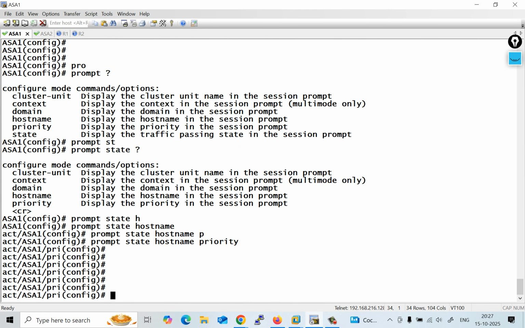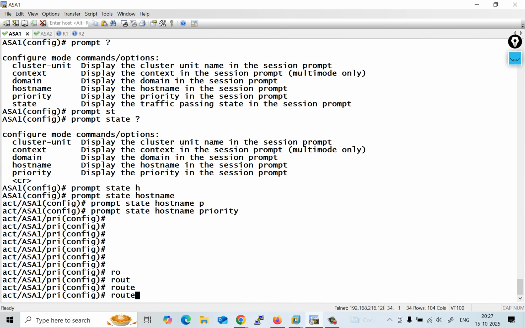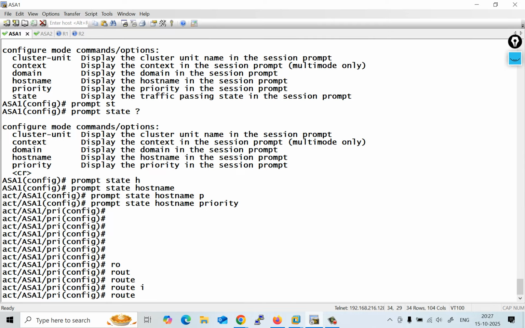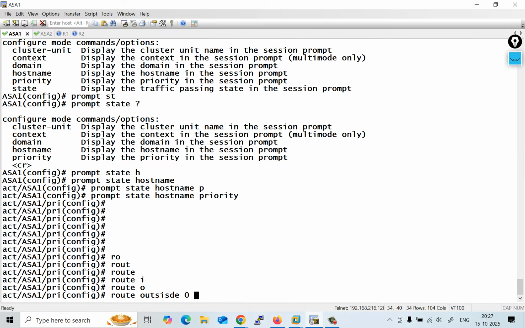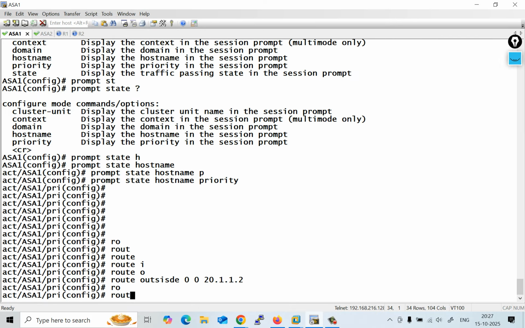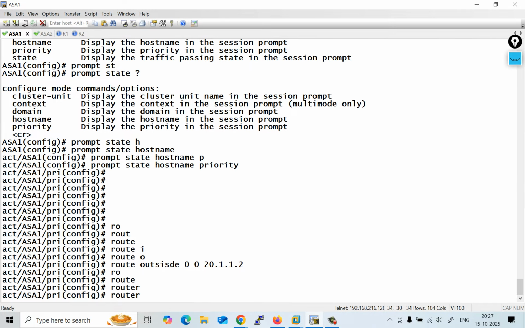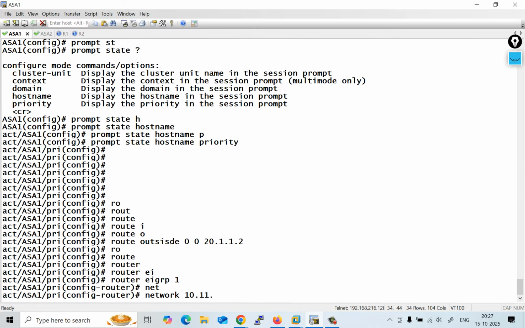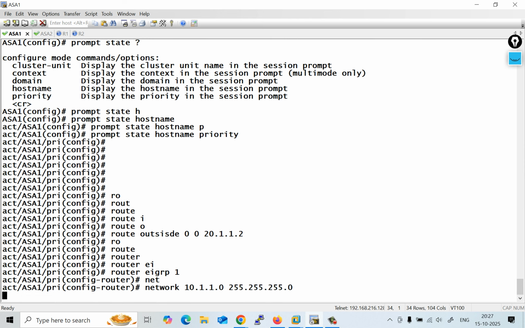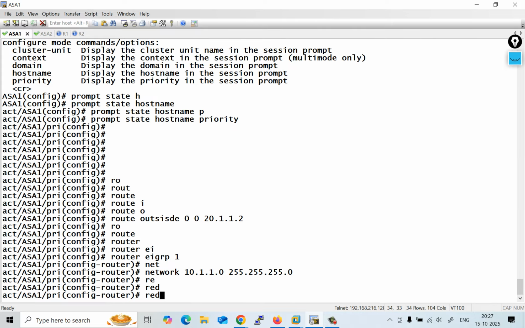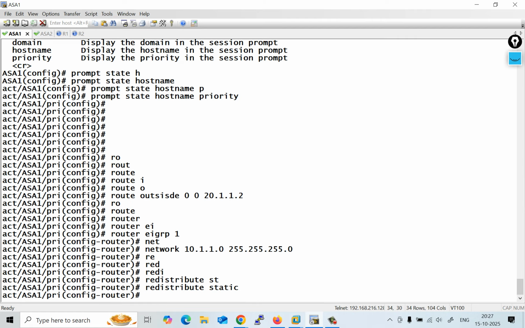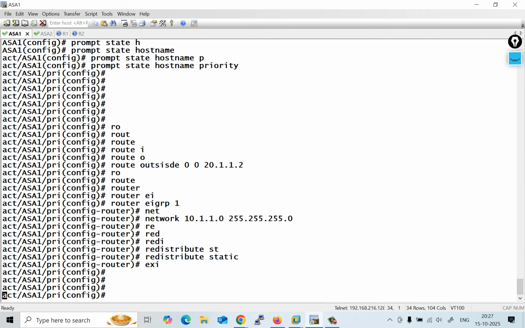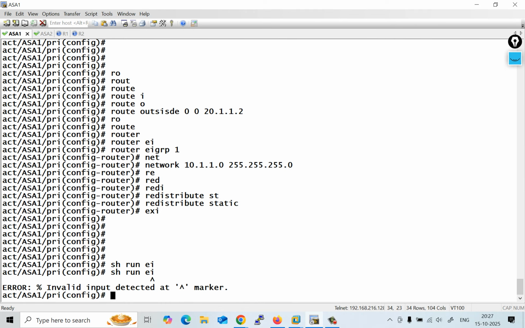So we are on firewall 1, and I'm going to configure the route first. Outside, the route is default, and the next hop is R2, okay? And now I'm moving into the EIGRP routing protocol, and I'm using the network command for the LAN network, and then redistribute the static route inside it, right? And now if you check show run EIGRP,